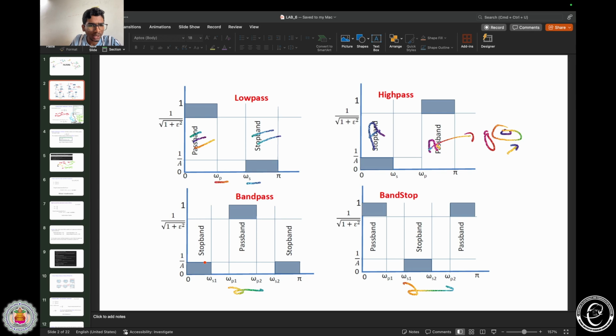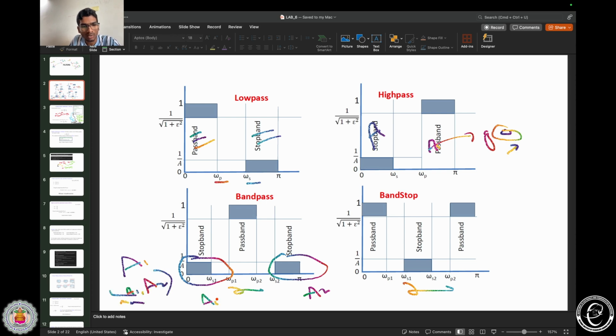In the band pass filter, sometimes the minimum attenuation may be different in the two stop bands. Let us say it is A1 in stop band 1 and A2 in stop band 2. Then, in order to design this band pass filter, we need to consider the attenuation which is the maximum of A1 and A2. Let us say A1 is greater than A2, and A1 is the minimum attenuation required in stop band 1 and A2 is the minimum attenuation required in stop band 2. If you design a filter considering A1 as the minimum attenuation,